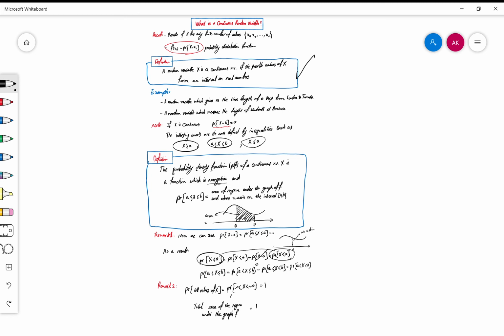Then we have these two properties. When it comes to a continuous random variable, equality doesn't matter, the probability is always zero, and if you drop equality in an inequality, it's not going to change the probability. And the last thing is, as always, the total probability is always equal to